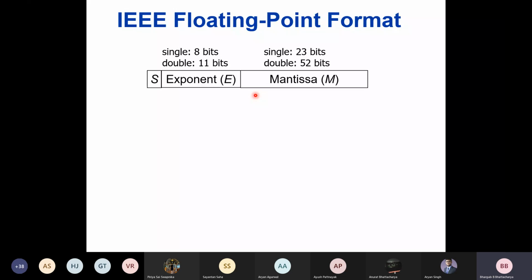I could have more bits in the exponent and fewer bits in the mantissa. I have a total of 32 bits anyway, right? Because of finite precision arithmetic and the limitations in computer hardware, I cannot expand it infinitely, according to whatever I want. That's not possible. So the total length is fixed. So you have a certain number of bits for the exponent and a certain number of bits for the mantissa, right? So what is the role of the exponent and what is the role of the mantissa? That is my question.